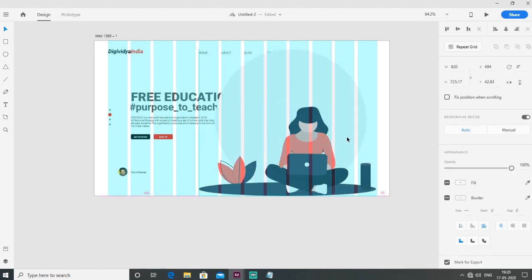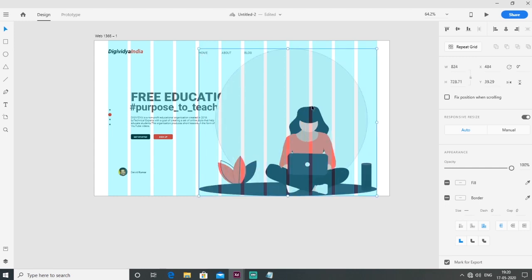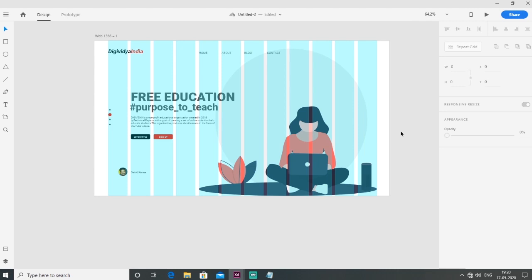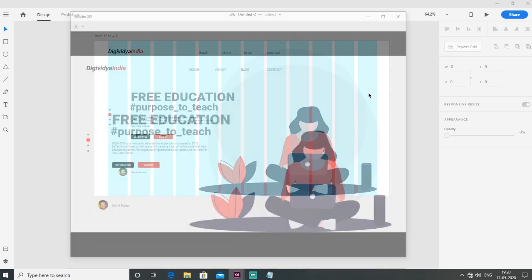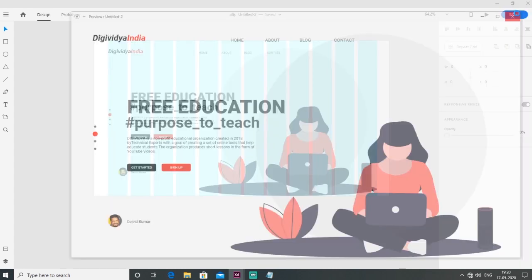I will share this link with you guys. Then I select this image and just right click on it and arrange this image, send to back. So this is how my web page looks like.